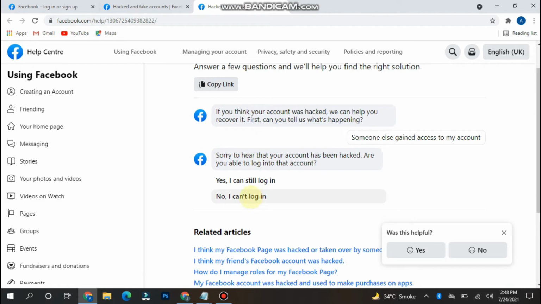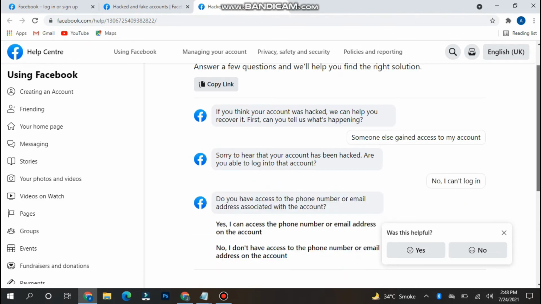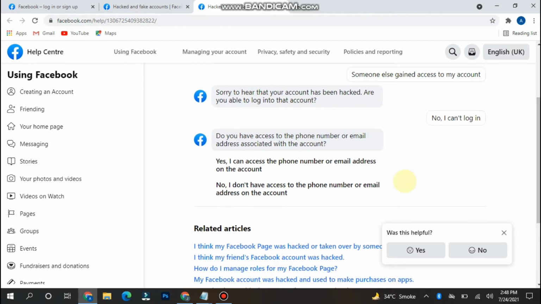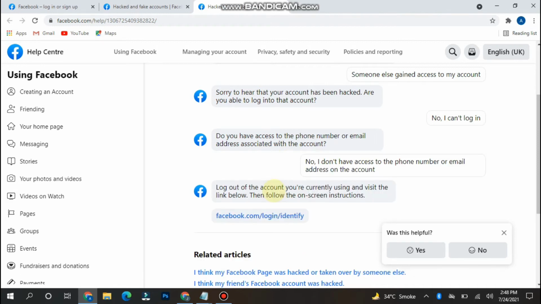No, I can't log in still yet, so simply click on it. Here you have to give the other option, like do you have access to the phone number or the email associated with that account. So select no, I don't have access to the phone number or the email.